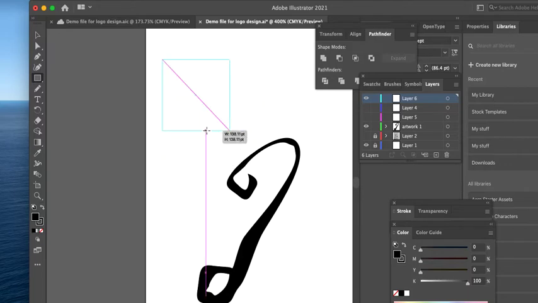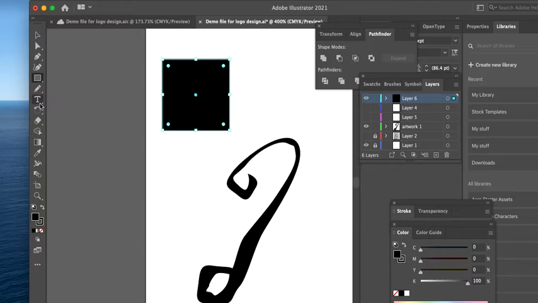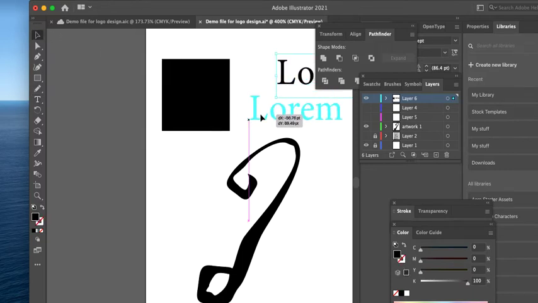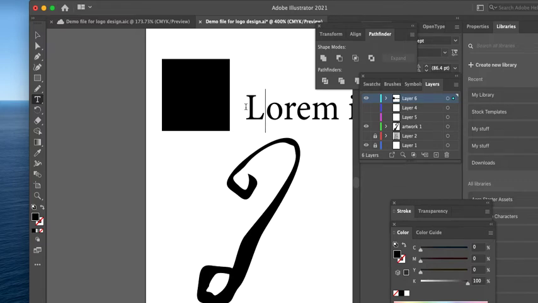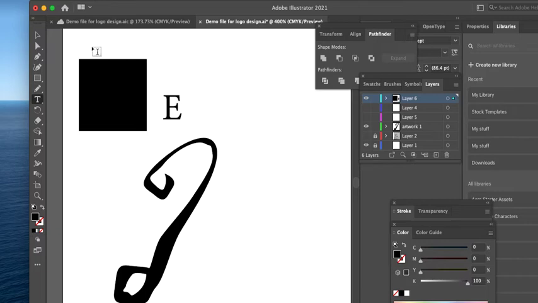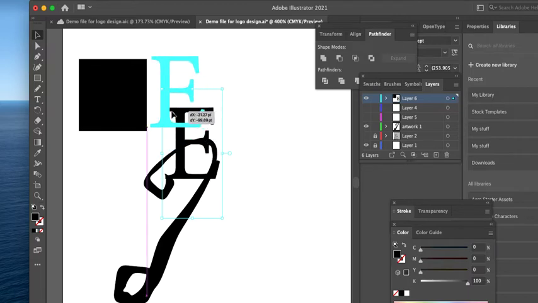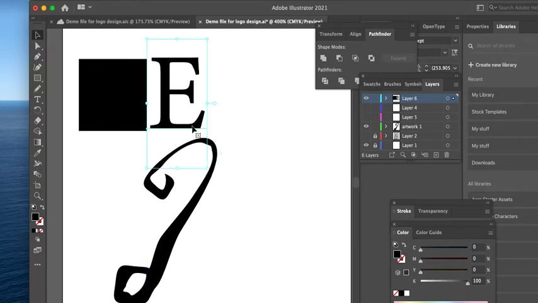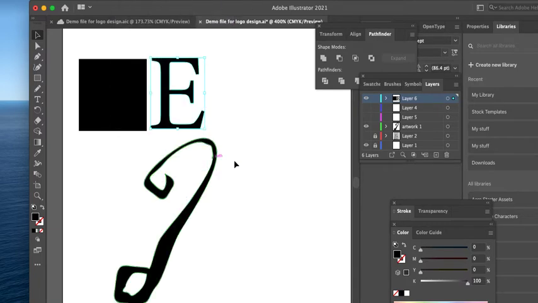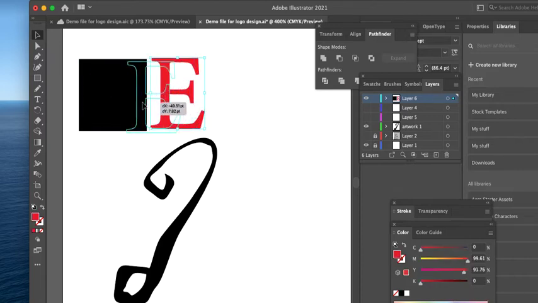So Shift key will get you a nice square. Draw the other object, and it could be a text. So let's intersect a piece of text. So maybe it's E for Electric Lilly again. And drag that shape up. Remember, type is just a shape. Type, create outlines, and I'm going to make the type a colour, just so you can see what's happening. Overlap them,